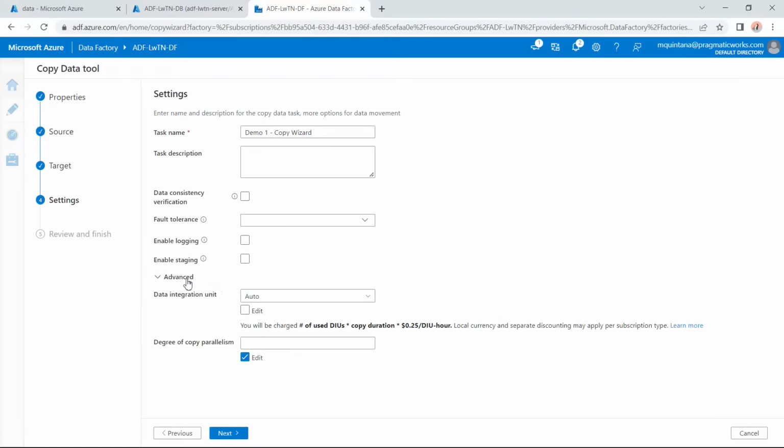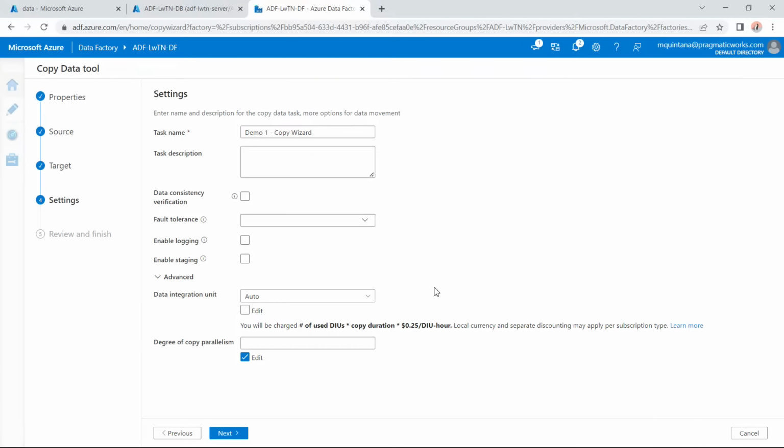And then it says, okay, hey, you know what, you're using this link service. It's tied to a specific integration runtime. Do you just want to allow it to automatically choose how many DIUs to leverage, which are called data integration units, as you can see here. It looks at your integration runtime, which basically has a degree of scale. It's going to go from 4 to 20. Technically, if you scale your integration runtime up to the highest, I think you can do 256 DIUs. But as you can see, it's number of DIUs times the copy duration times